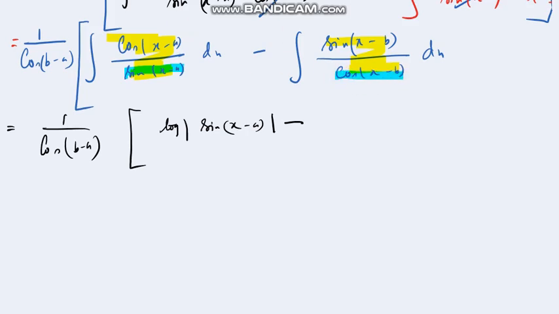now if this is my f(x), for the f dash x I need to make one adjustment. I need to put one minus sign inside, so this will become plus, because if cos of (x minus b) is my f(x), my f dash x will be minus sine of (x minus b), right? So this is going to be plus log of mod cos (x minus b), right? So this plus c, hence this is the answer.